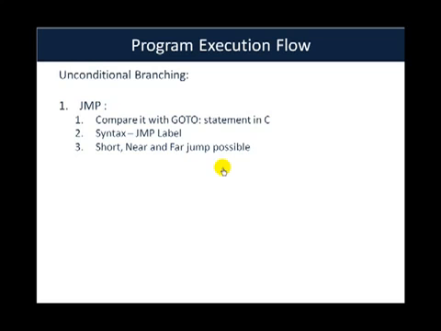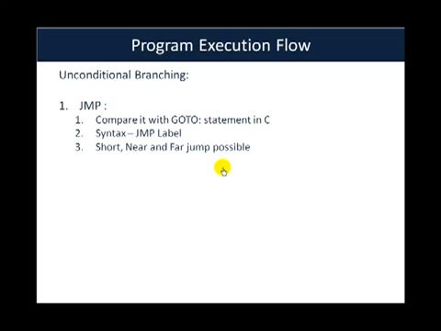An important point to understand is that there are three kinds of jumps possible: short, near, and far jump. Short jump is basically plus minus 128 bytes from the current location in the instruction region. Far is basically when you want to jump to a different segment whenever you are in a segmented memory model. And near is actually between both of them. However, for most of the discussion, you need not worry about the short, near, and far jumps.